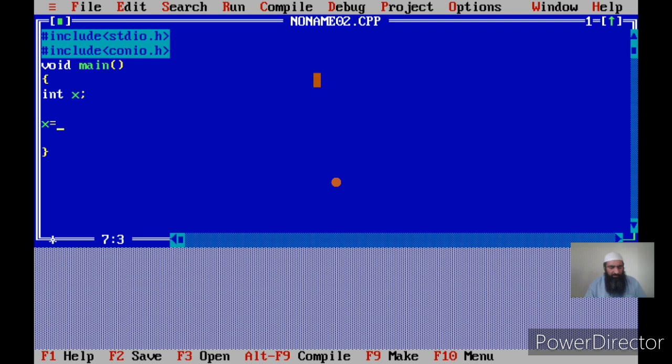Say I say x is equal to 10. Now I have initialized x later on, not at the point of declaration. If I had done it at the point of declaration, it would have been something like this. This is initialization at the point of declaration, where you declare a variable. This is the declarative statement. In the declarative statement, first you give the data type, then the name of the variable, and then there is an optional part, that is equal to value, which I have already explained in declarative statements.